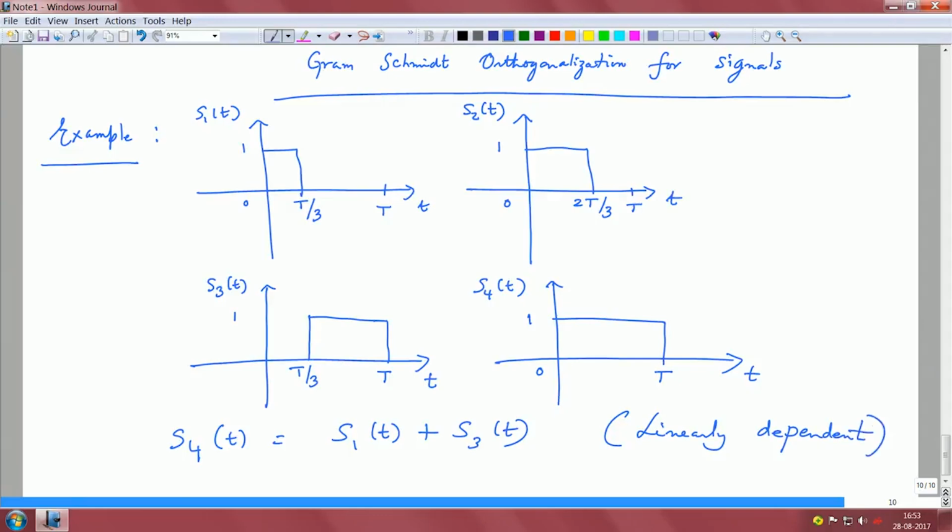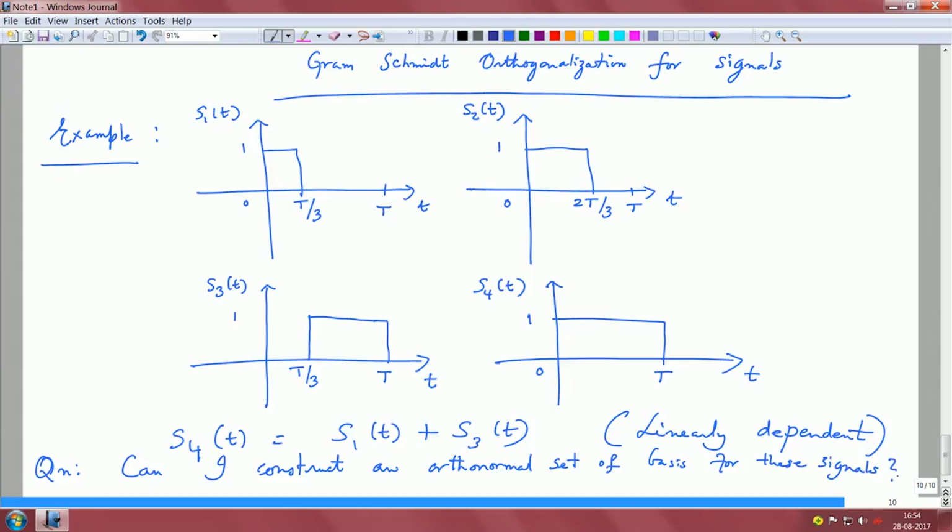Which means that in this signal set that I have, S1, S2, S3 and S4, some of them are linearly dependent, right. The question is, can I construct an orthonormal set for these signals,